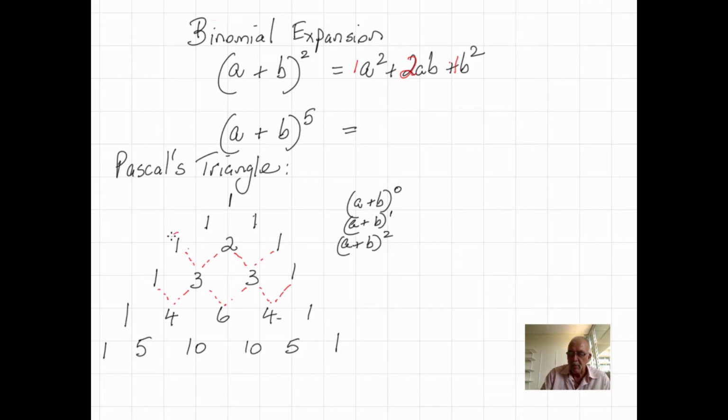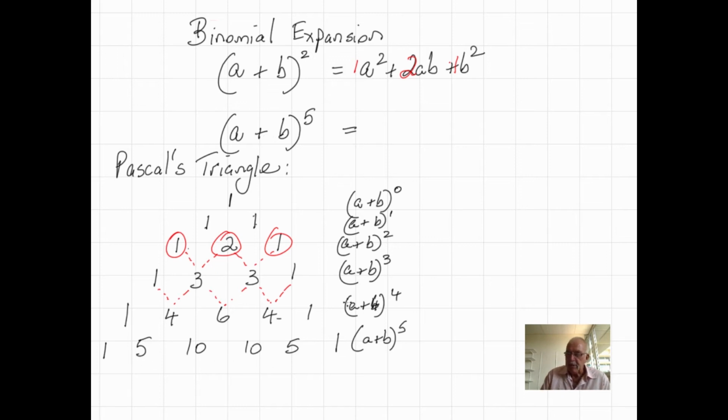And here we've got 1, 2, and 1. This is A plus B to the power of 3, A plus B to the power of 4, and this will be A plus B to the power of 5, and so on, A plus B to the power of 6. So if we want to know what the expansions of those are,